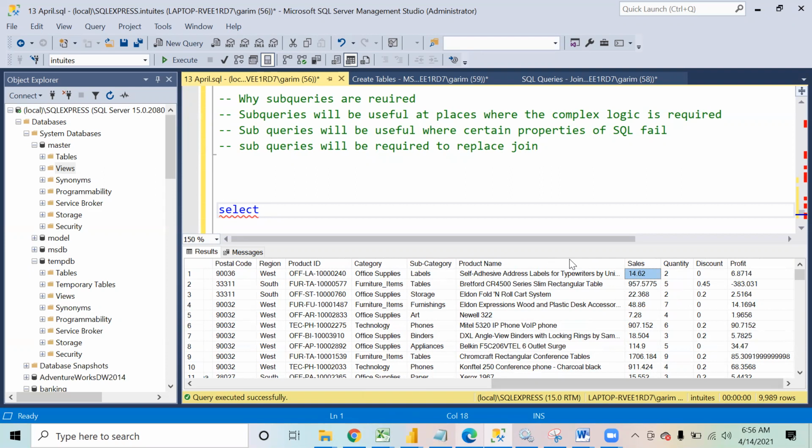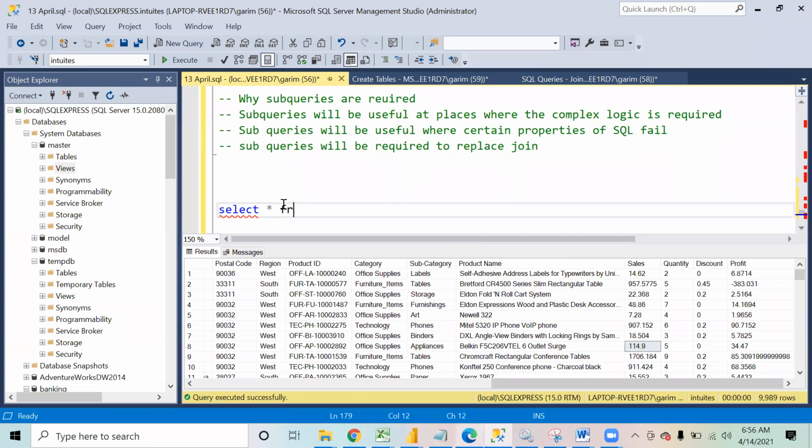I want to see only that data where the sales of the product was more than the average sale. This is something that we were discussing in the session, maybe yesterday.